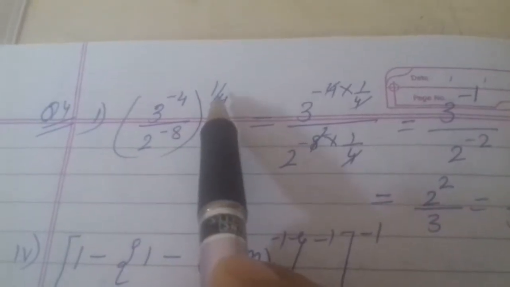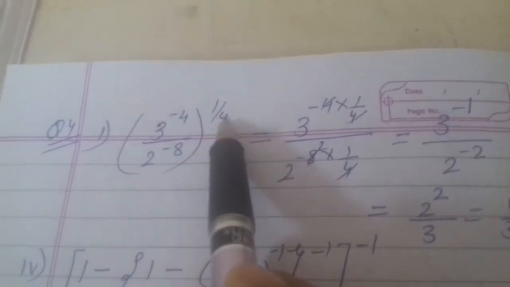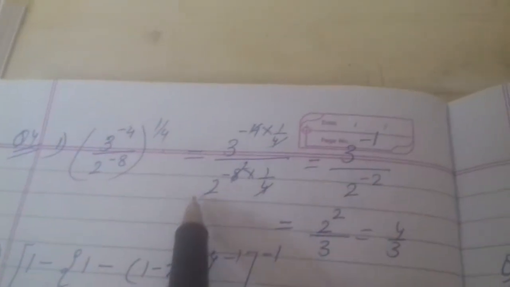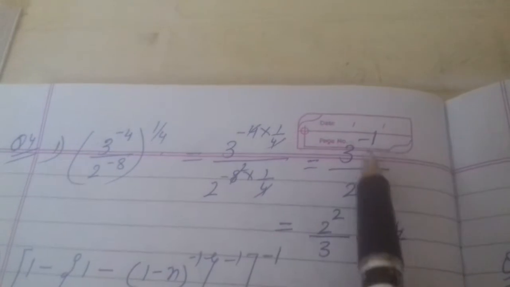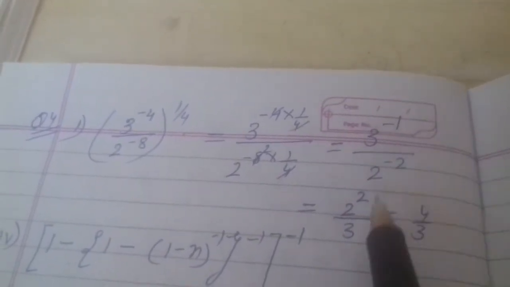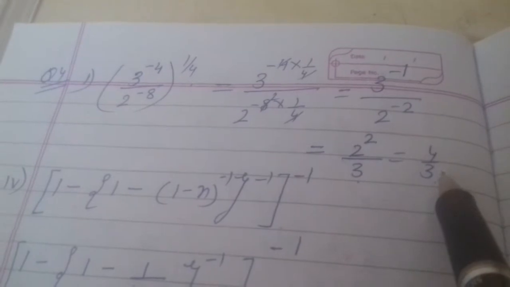Yes students. This is the power of this term also, the power of this term, and you know 1 power in, 1 out, they will multiply. Clear? Now cancel out what you can cancel. Here you are left with 3 power minus 1, here you are left with 3 power minus 2. The powers are negative, so it is better to change the position. If you take 2 power 2 in the numerator it will become positive, and take it in the denominator, the answer is 4 by 3. You can write it in mixed fraction.